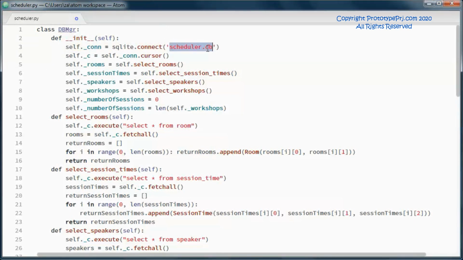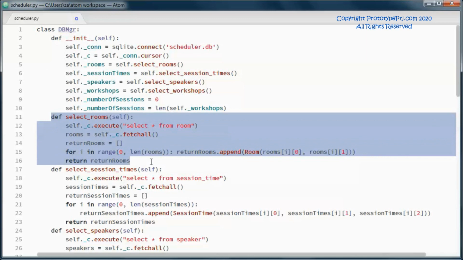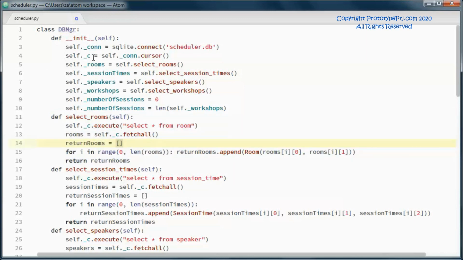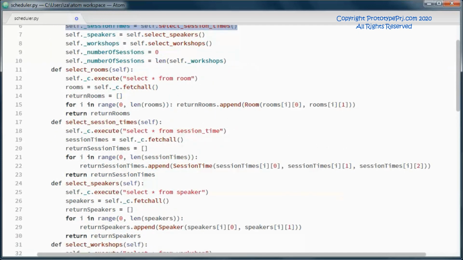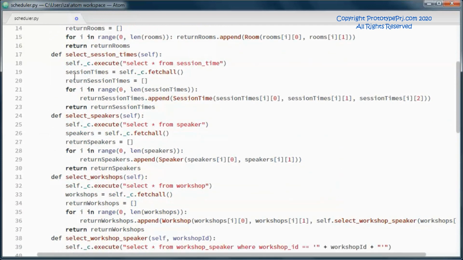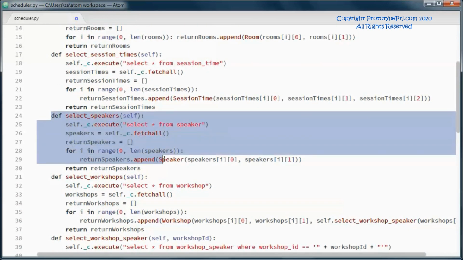So this database, and here we are doing a select on the room table to pick up the rooms, and on the session times to pick up those, and on the speakers and the workshops.